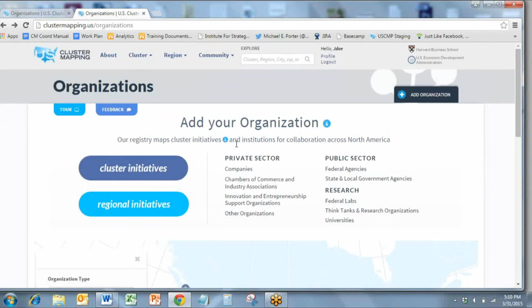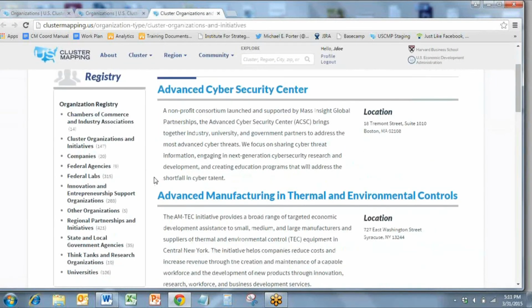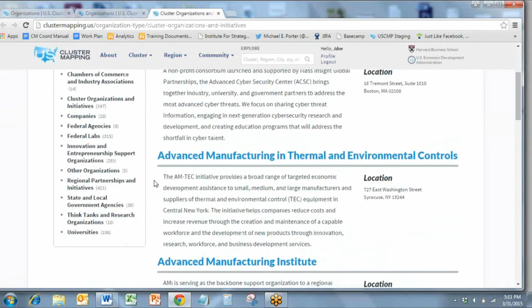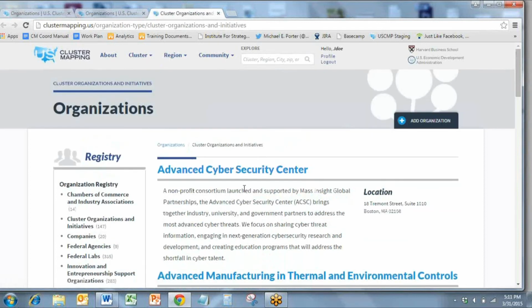There are a number of different ways you can search for organizations on this site. You could first search by either cluster initiatives or regional initiatives by clicking on one of the blue buttons on the left. This will take you to a filtered list of the organizations depending on which criteria you selected. You can filter this list further by clicking on a category on the sidebar at the left of the page: